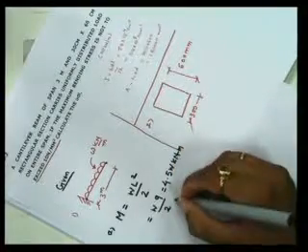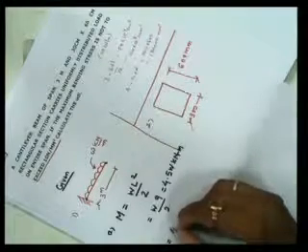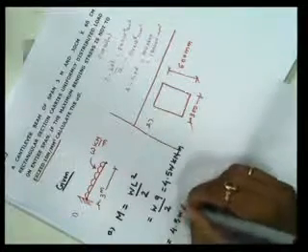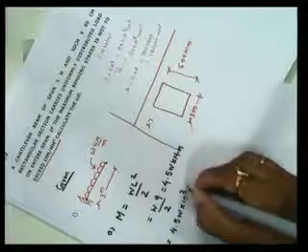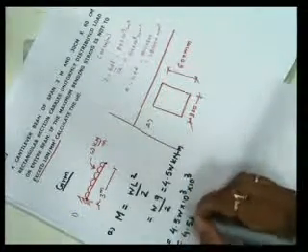Right? Now I want to convert in terms of mm. So 4.5 W into 10 to the power 3 newtons into 10 to the power 3 mm. So it is 4.5 W into